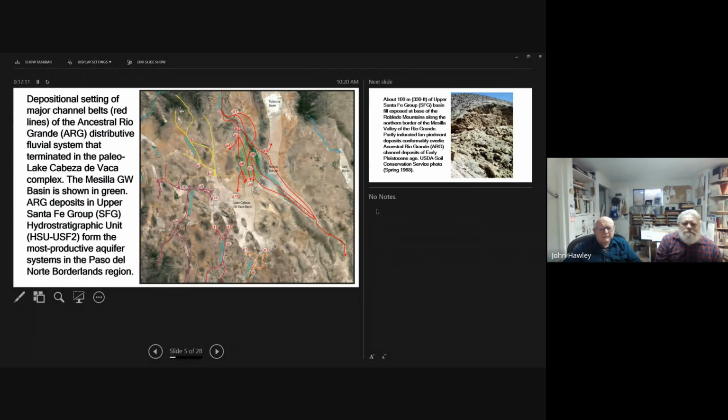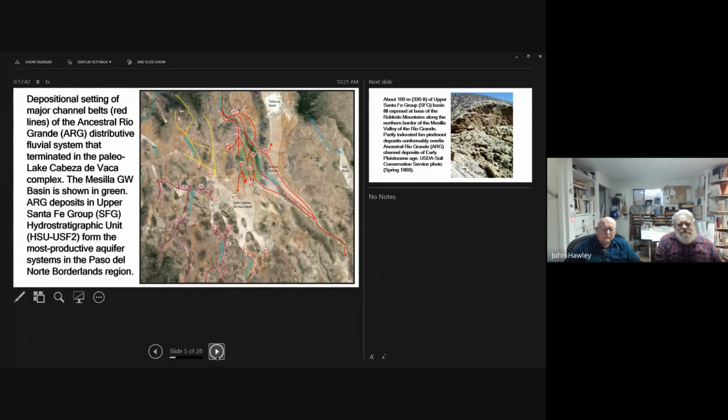And that unit covers everything. It's only been removed in the valleys of the Rio Grande, Rio Bravo, in a very narrow valley. And in most of the places, these deposits are still part of the major basin fill deposits and constitute the most productive aquifer systems in the region.